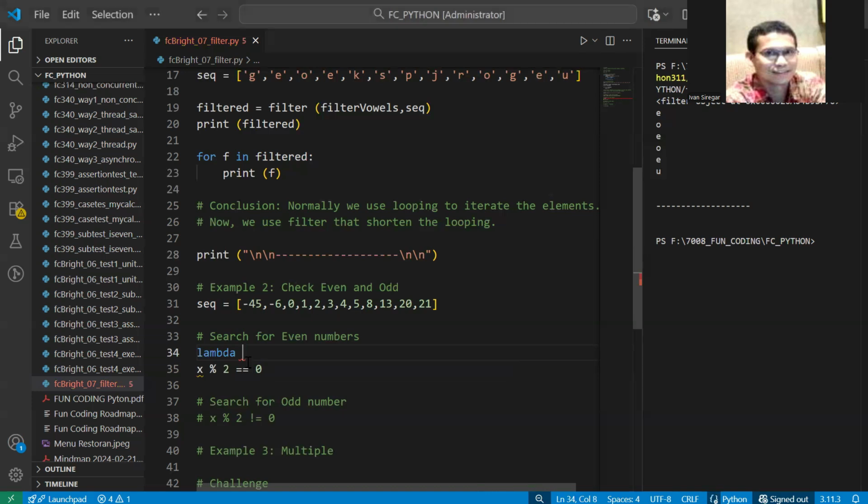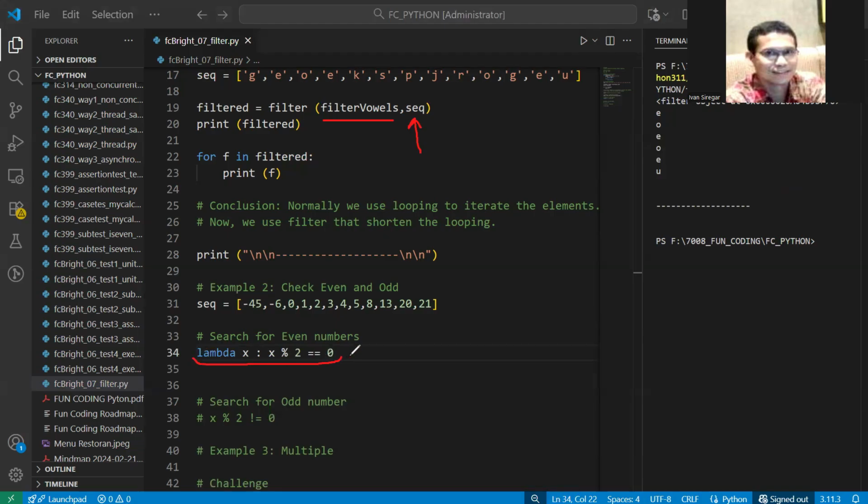So lambda can simulate whether x, as the parameter coming from the sequence. Previously we had a function and then the sequence as the parameter. So now we have this as the function and we need a comma and then the parameter, the sequence. So we follow the pattern and we put the sequence here.